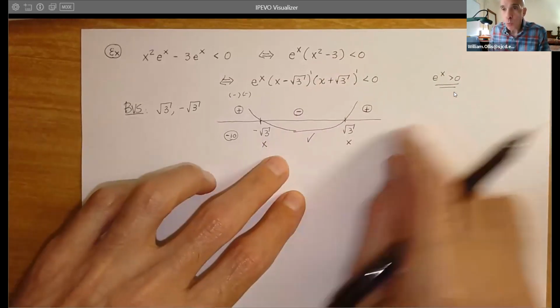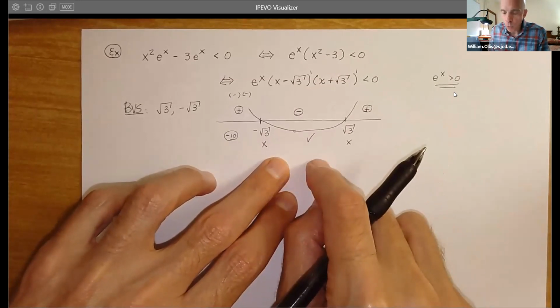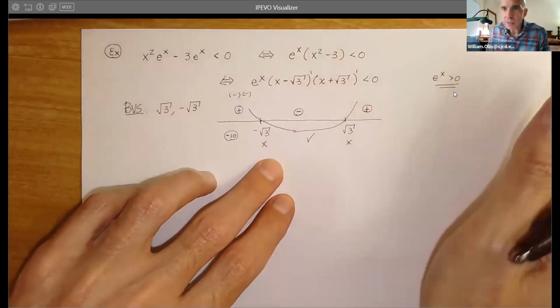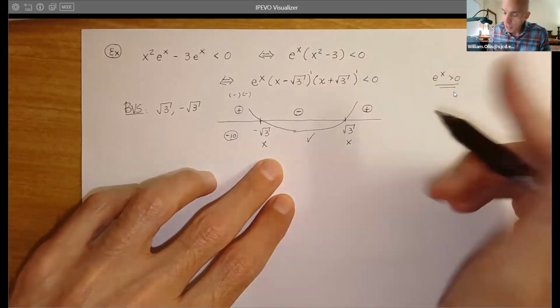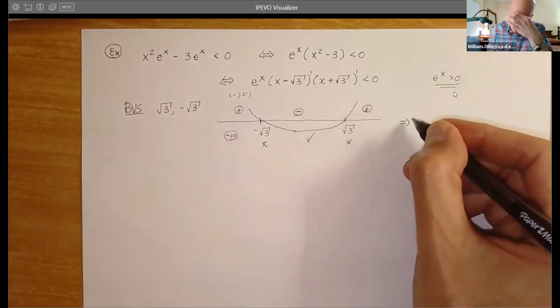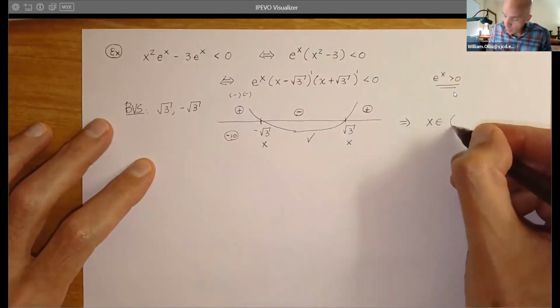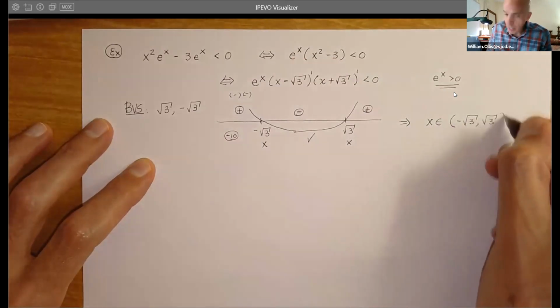So when you're working the inequality here, you work it just like we did before. We just now have a new object here that really doesn't make any difficulty at all. If anything, it makes the problem easier. So now this implies that X will live between these two real numbers. So we have negative root 3 to positive root 3 with the